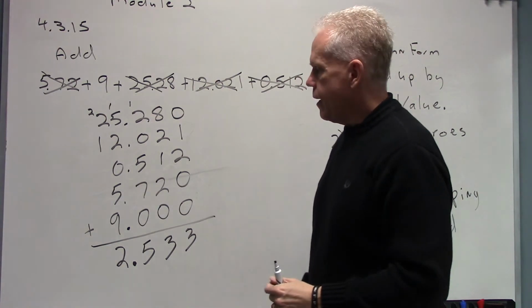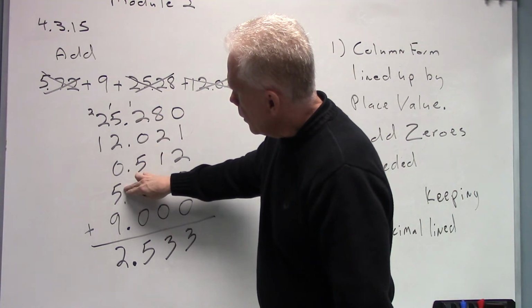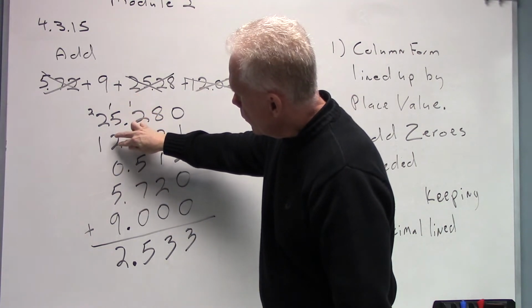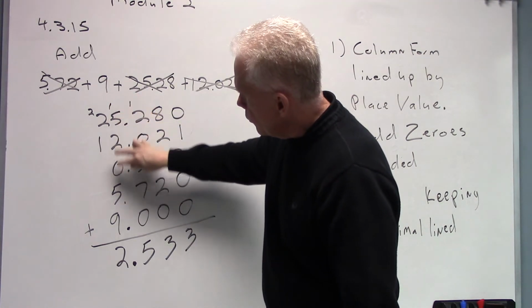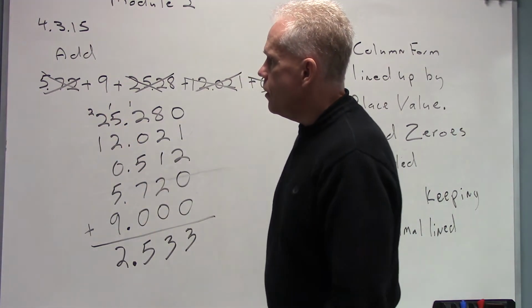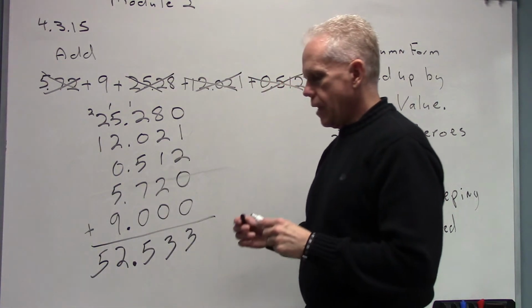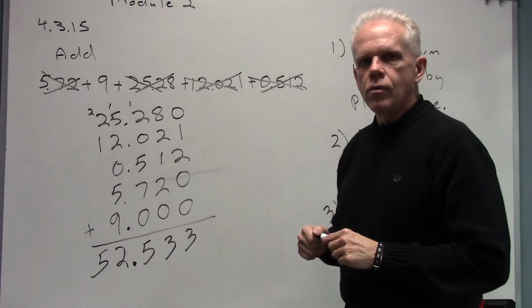I want to double check that addition. That was a little tricky. So 5 and 5 is 10. There's 13 when I pull in that 1 and that 2, so there's 13, and 9 is 22. 2 down, carry a 2 up here. 2 and 2 is 4, and 5, and so my answer in the end is 52 and